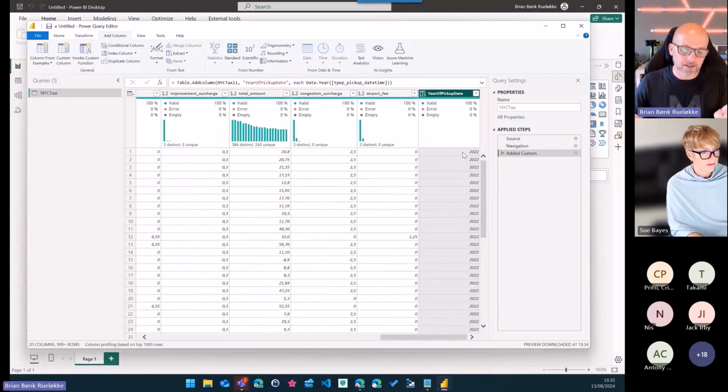This might not make sense in the intelligence world, because out of the datetime column, I can always do hierarchies on years, months, and dates. But